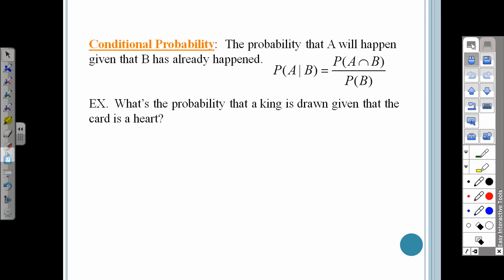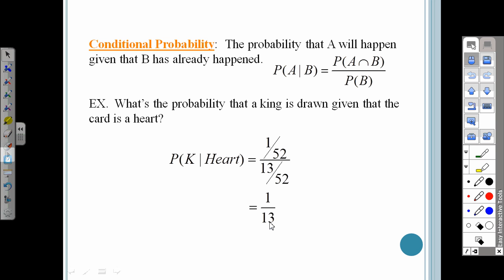So for this example where it says what's the probability that a king is drawn given that the card is a heart? Well, let's use our formula first of all. So the probability of a king given a heart, we're going to figure out the probability of a king and a heart. Well, there's only one card in that deck that is the king of hearts, so that's a 1 out of 52 probability. That's going to go on top. On the bottom, we're looking at the probability of a heart. Well, there's 13 hearts in the deck, so 13 out of 52. And so you notice that these 52s are going to cancel each other out, and we're left with a 1